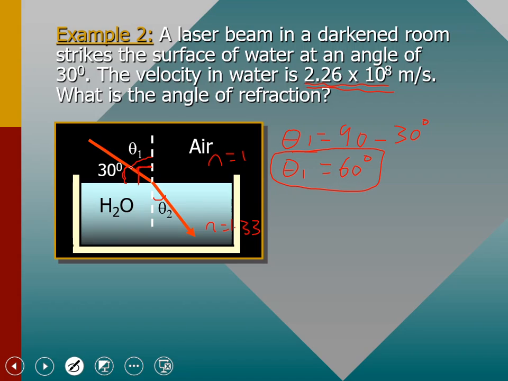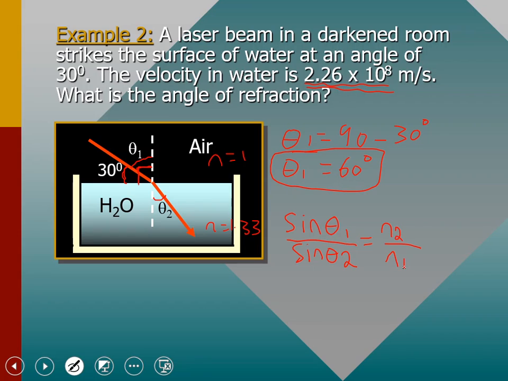This is theta 1, 60 degrees. So the angle between the incident ray and the normal, which is the angle of incidence, is 60 degrees, and we need to find, in this case, theta 2. Simply, now by using Snell's law: sine theta 1 divided by sine theta 2 equals